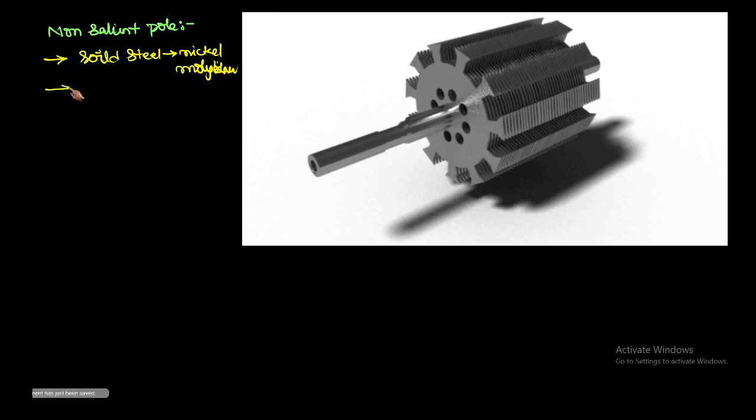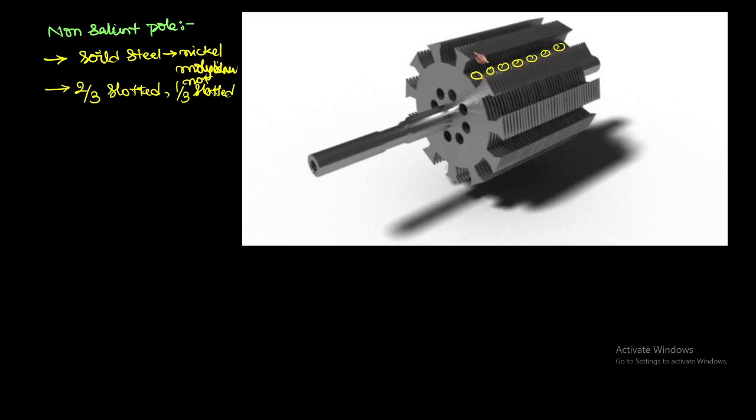If you observe the structure clearly, 2 by third is slotted and 1 by third is not slotted. I will show that. So 2 by third is slotted, 1 by third is not slotted. Slotted means you can place the conductors here, like this. We are going to place the conductors here.